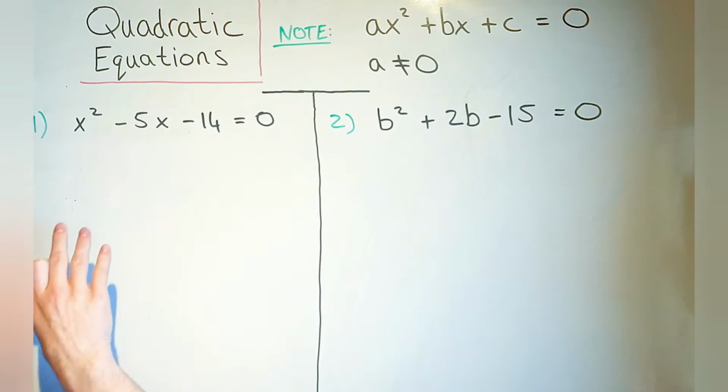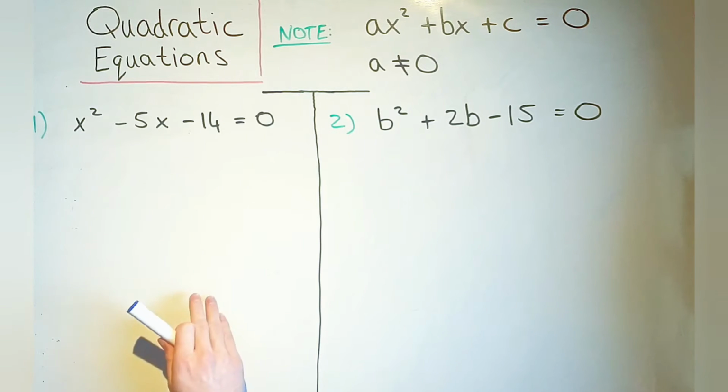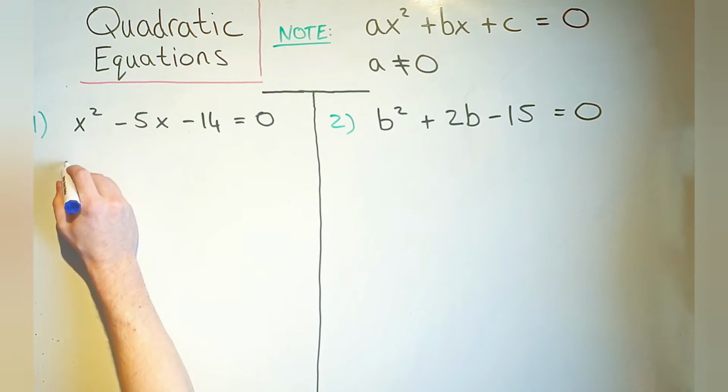So what we're going to do is factorize the equation, and then we're going to follow the algebra, and it's going to lead us to an x equals value. Or that's the plan anyway. From the off we can see that the x squared has a coefficient of 1. So I'm just going to write out